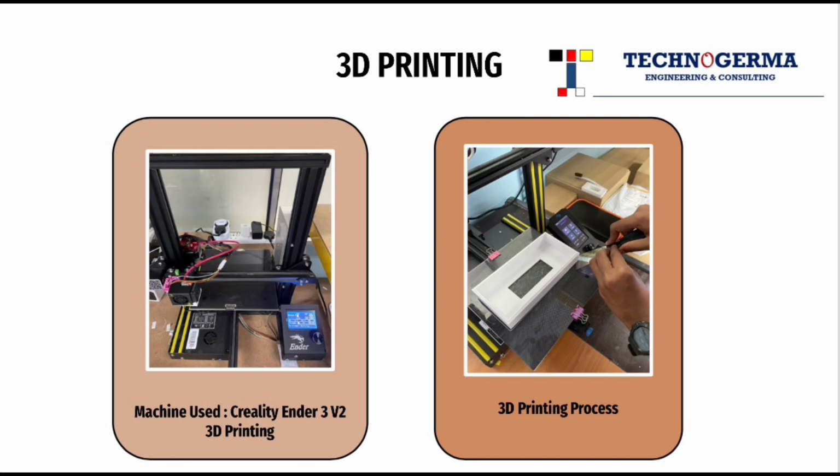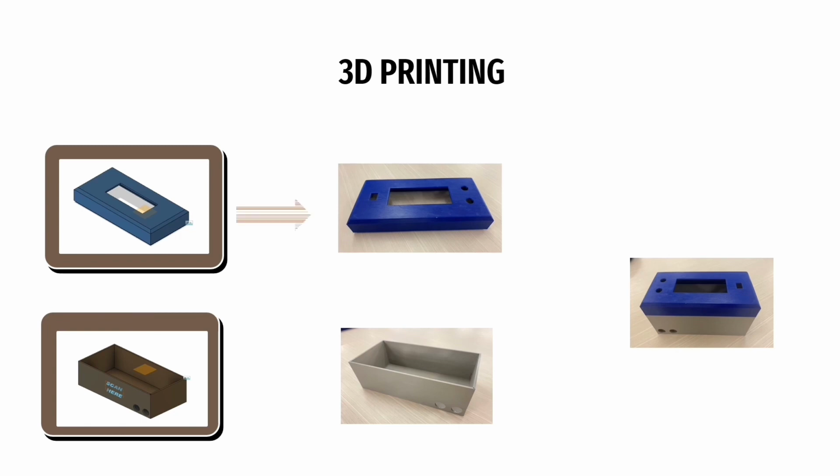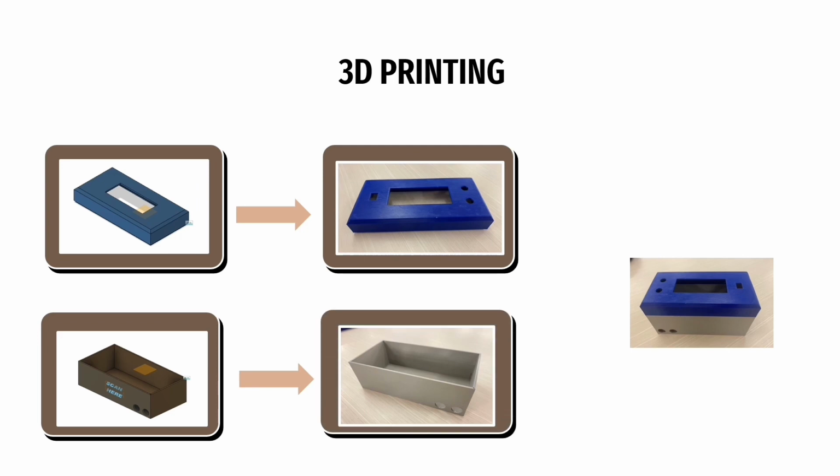Our 3D printing was conducted at Technogerma Engineering and Consultant, which is our industrial partner, under supervision of Mr. Tofili bin Taufik. This is the 3D printing device that we use, which is the Creality Ender 3 V2 3D printer. Whereas the 3D printing procedure for the finished portion of the cover is shown in the image next to it. The next one is, this is how we use 3D printing to create our final product, starting with a drawing in Fusion 360. After that,